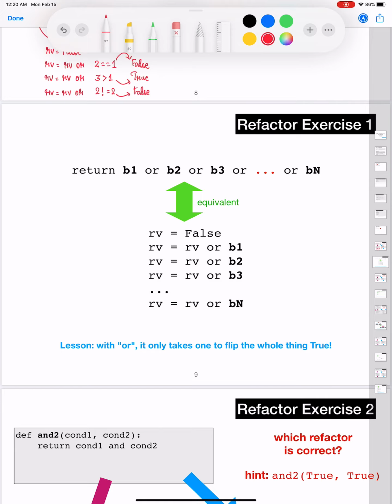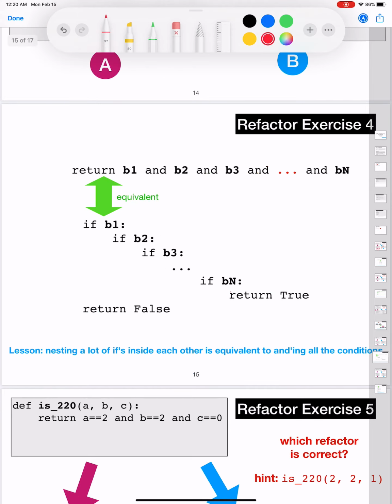Let me quickly walk you through AND equivalence. When you have a Boolean expression which contains multiple Boolean expressions separated by AND, then the equivalent of that would be for you to use a series of if conditions, applying the if for each of those individual Boolean expressions. Inside the innermost if block of code, you're going to return a value of true.